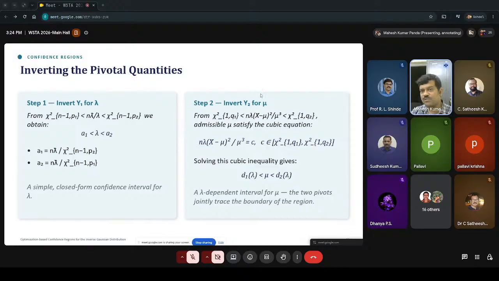And similarly, we will try to get the pivotal quantity inversion for mu also. And then if you solve this, because this is a cubic equation, you get something called d1 lambda and d2 lambda for the confidence region for mu. So now the next one would be,